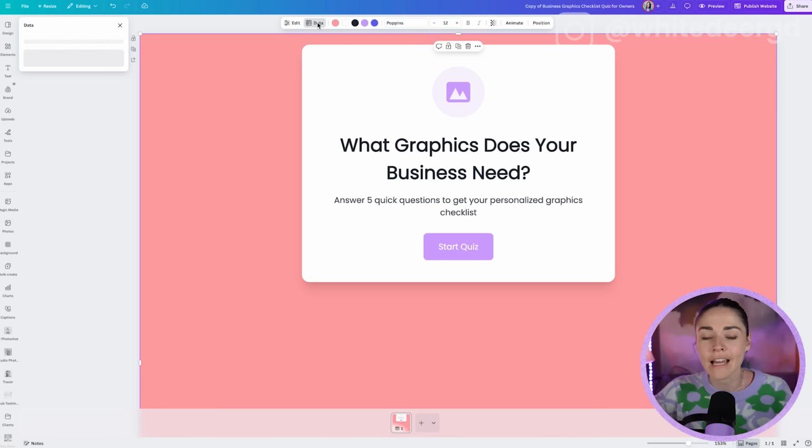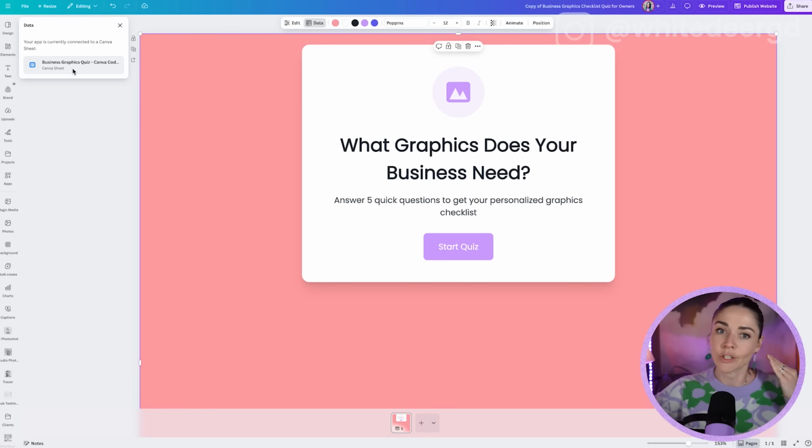And again, I can click on data and see the different data that's been brought in through the document. And so that is a fabulous update. Now, speaking of being able to collect data, there is another incredible feature I'm very excited about called Canva Forms. In the past, there's been no way other than in Canva Code to create a form